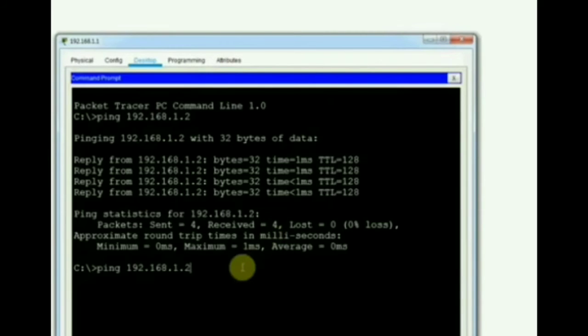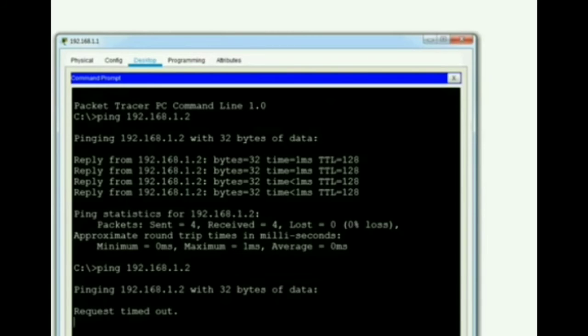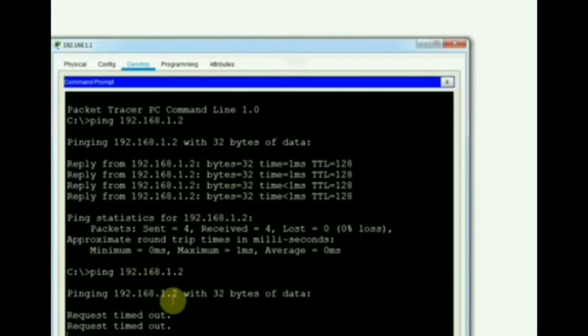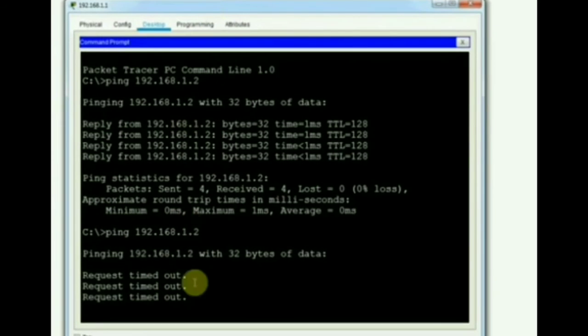Now let me try. We need to ping the other IP address, 20.2, not 10.2. So let me ping again, the 20.2.